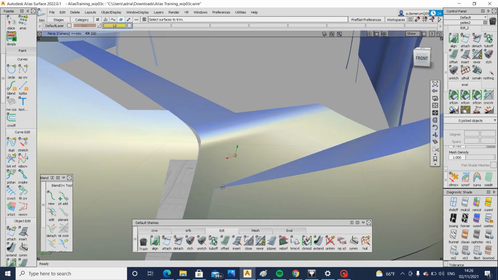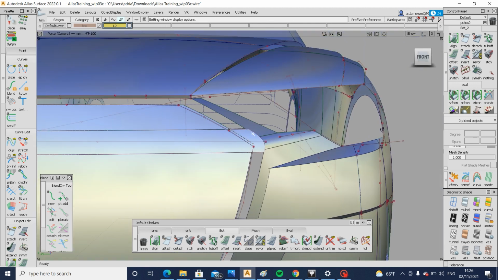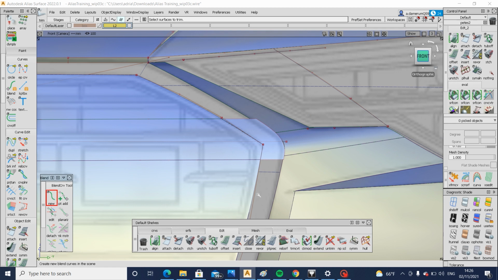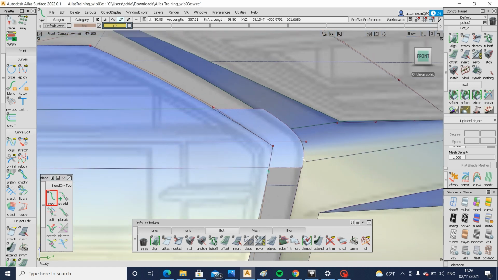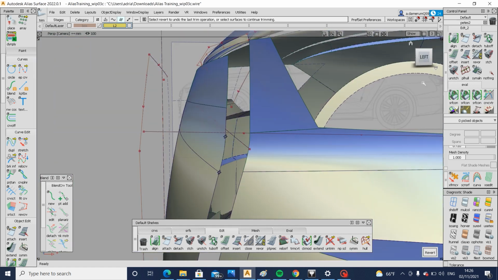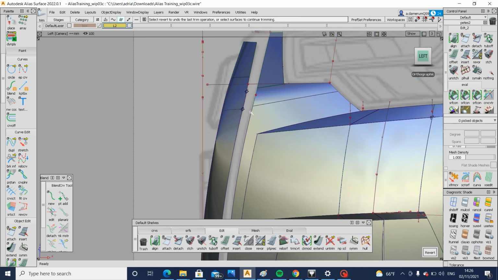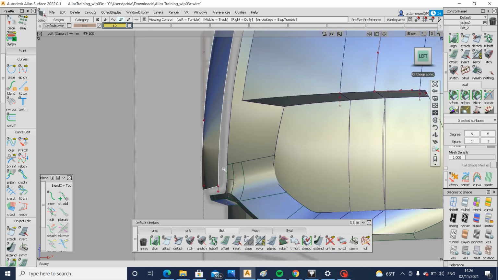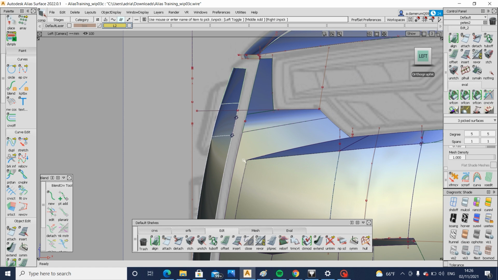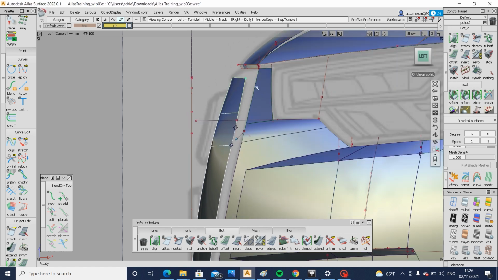Looking okay. There'll be a small radius there, so that will fix that little flick. What's happened here? Oh yeah, I want to build just like a blend curve or something, from here to about there. We want it to line up with that edge. Project and trim. And now we see what it looks like in side view. It's not going to be right yet because we need to adjust. All we need to do really is rotate this surface in at the bottom. Just needs to be rotated in, and that's how you get that taper effect as it comes down. So we'll set the pivot of those 3 surfaces up to there so we can rotate from that point, and then